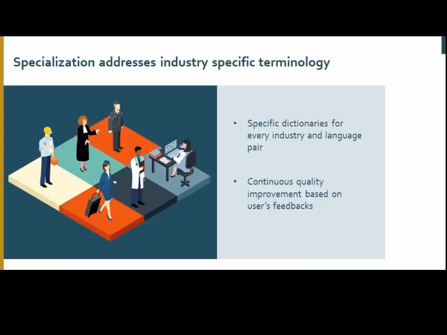And at SYSTRAN, our goal is to serve only businesses and really to provide a customized approach. Meaning that we are going to provide domain translations really dedicated to a company. So we don't provide a generic translation machine, we provide a unique machine translation for each of our customers.